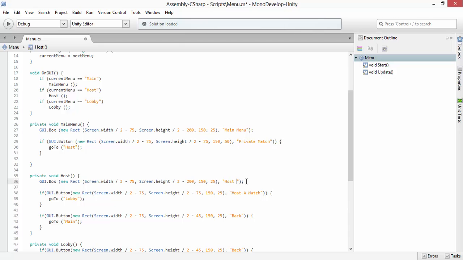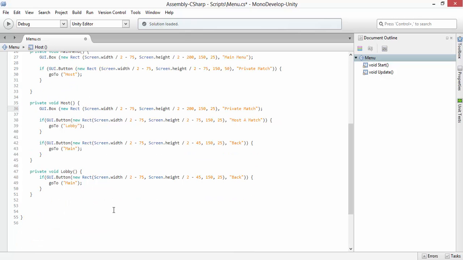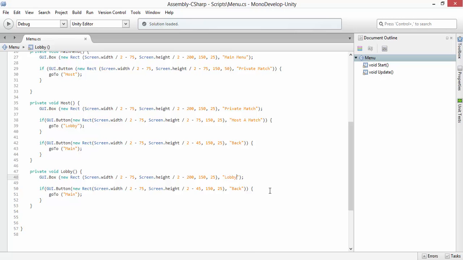We're gonna go host match, or private match at least. Let's just call this a private match. Same thing as hosting, because people are gonna join your private match. And we're gonna come in here. Let's call this lobby. So if we save this,